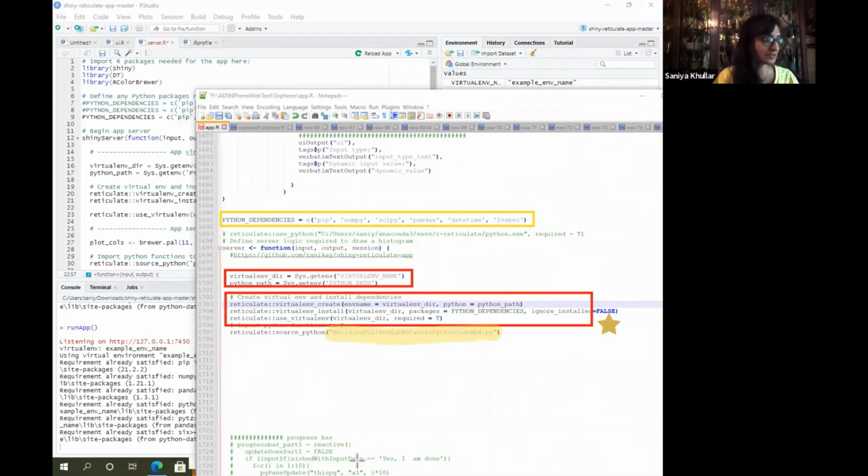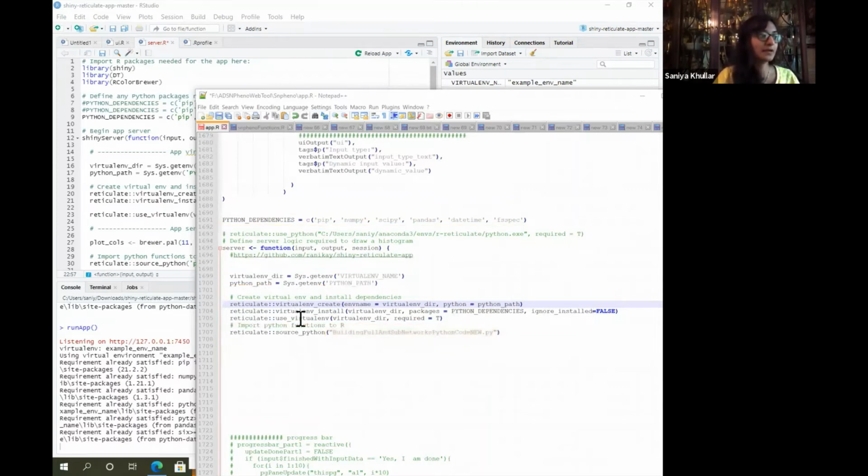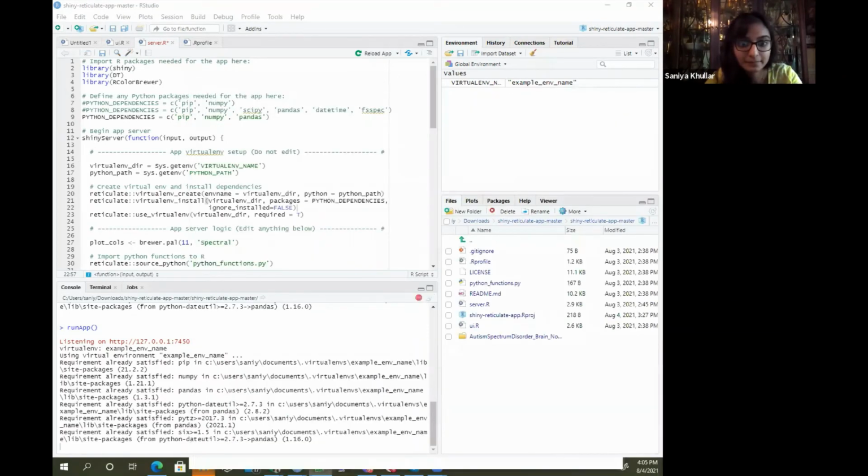And then you need to call reticulate source_python. That part you also need, where you're actually calling your Python script. And then it's important that whatever the name of the function is that you're working with in Python, you work with it within the server directly. That's what I found from my experience. So I'm calling this code here, and then within that file, I'm calling something that is called,